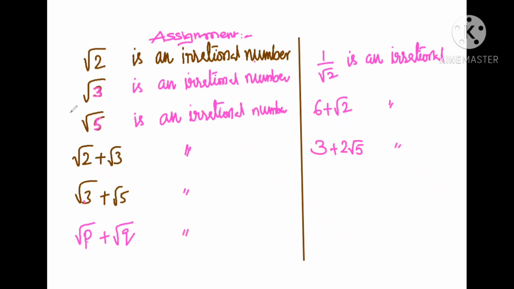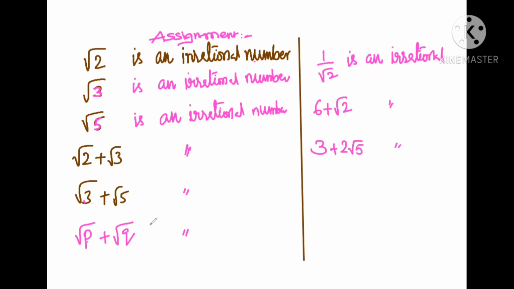In all these types of problems, we assume the given statement is wrong, and we take that root 2 is equal to p by q. First step, it is a rational number, and we have to square both sides, and we can reach the contradiction. Then we revise our assumption. Because of our assumption, we reached this contradiction. So our assumption is wrong, and the given statement, whatever it is, is right.